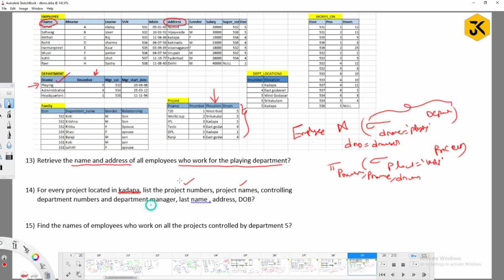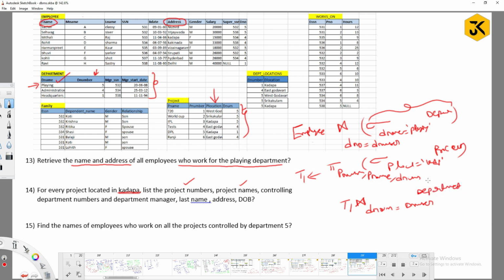And their department managers we need. Where is the department manager list available? It is in another table, the department table. Now this result I am thinking of as T1. Think of it as T1. Now compulsory T1 should be joined with what? The department table. On what basis can you do that? You can do it with the department number, right? T1 department number equal to D number of the department.